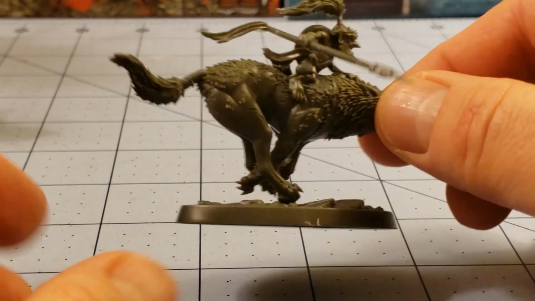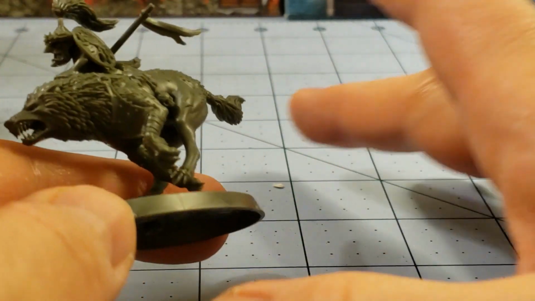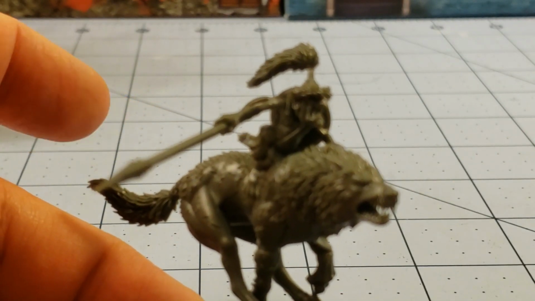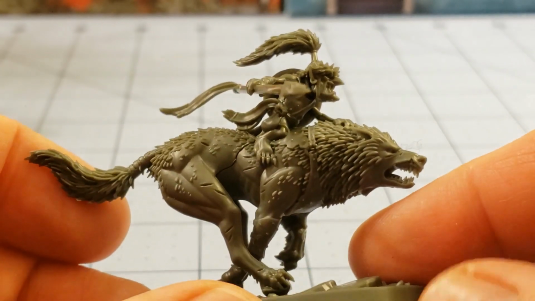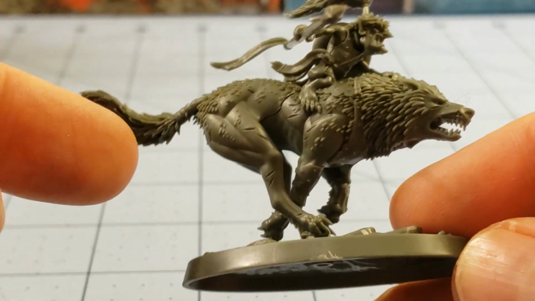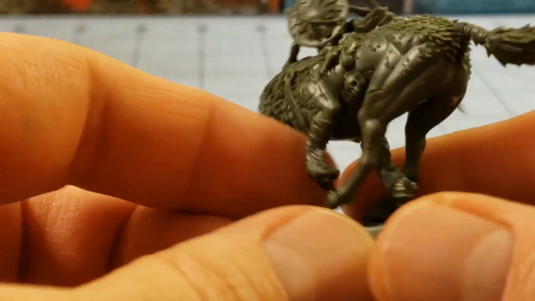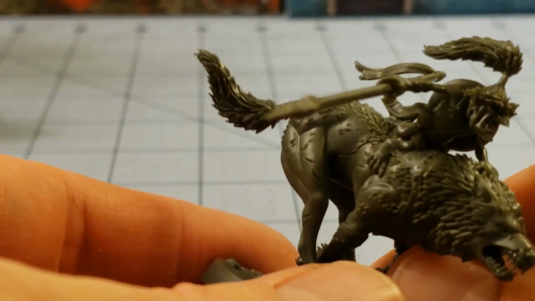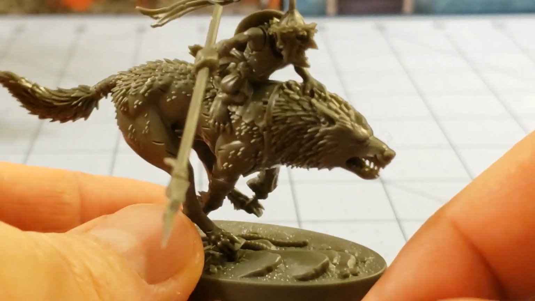Alright, so our wolf riders are all done here, and I gotta say, if you were ever interested in actual wolves looking like they're running rather than just standing there with some goblins sitting upon them, you really can't go wrong with this kit. Obviously, it's a great choice if you actually want to use them in Warhammer Underworlds, but I really like the dynamicism of the wolf as he is running here. Just really cool. Even the sense of speed of the goblin himself as he's crouched over, leaning into his ride's